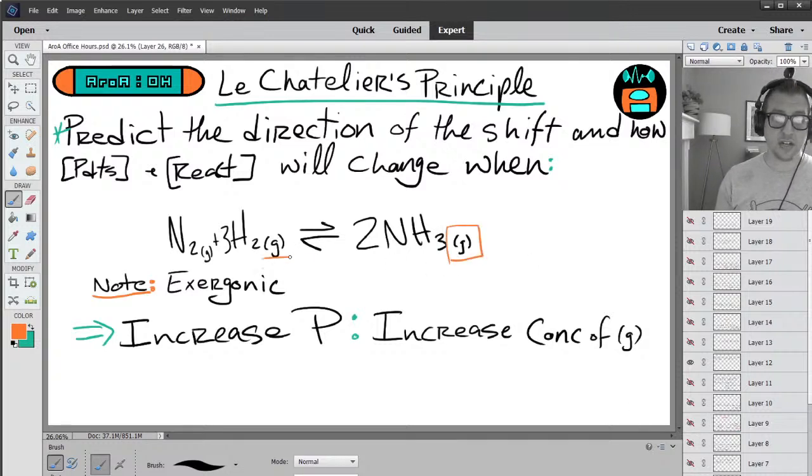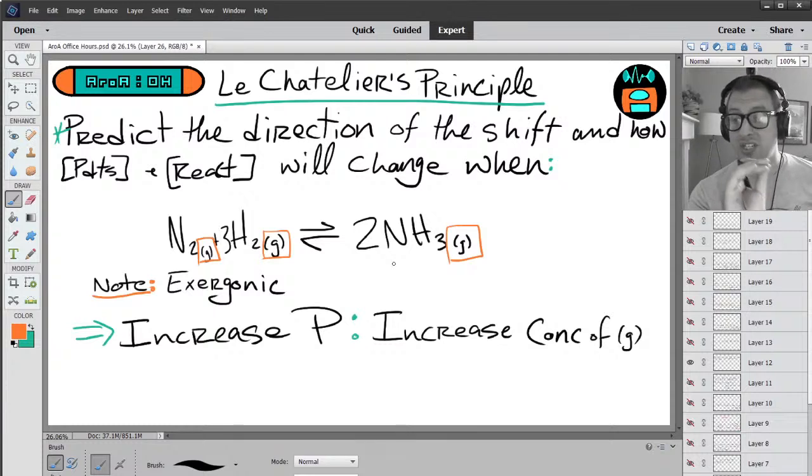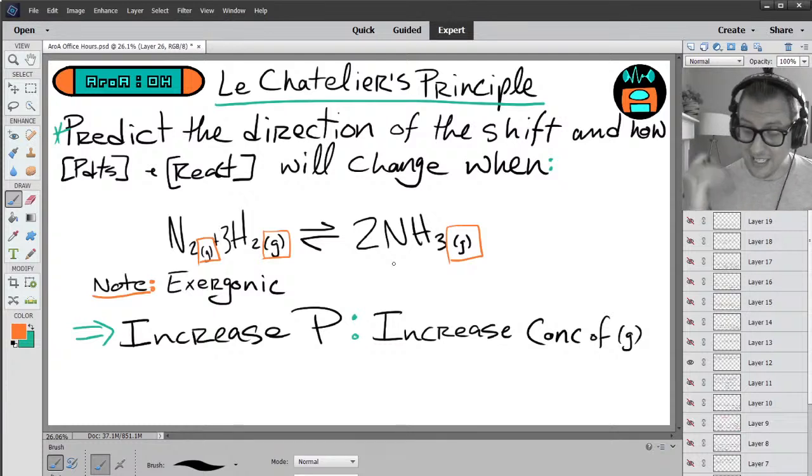The problem that we run into here is this reaction has a lot more gases in play than the previous one. The previous reaction only had one gas, so it only affected one side of the equilibrium. But here you'll notice that we have 3 different gases in this reaction, which means everybody's going to get more concentrated. Both sides will get faster, but the question is which side has a greater increase to its rate. And to assess that, you have to look at the stoichiometric coefficients